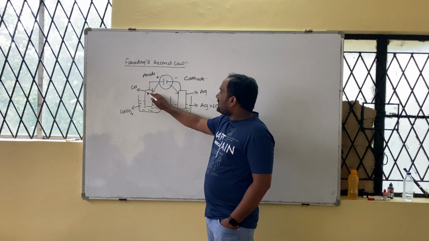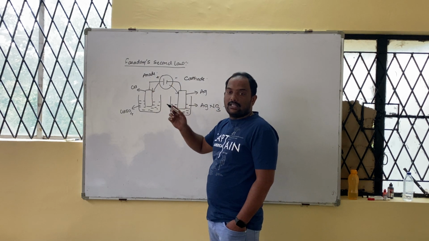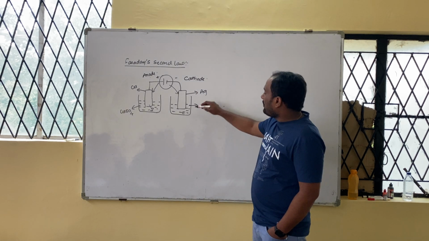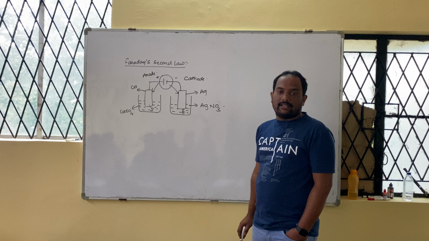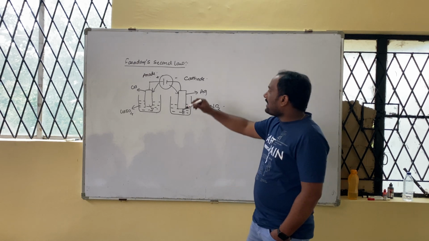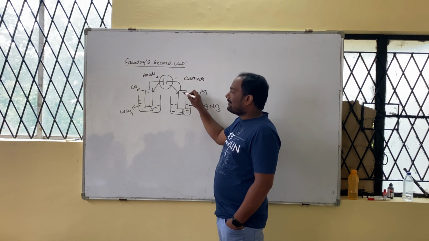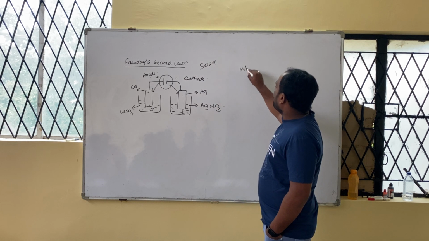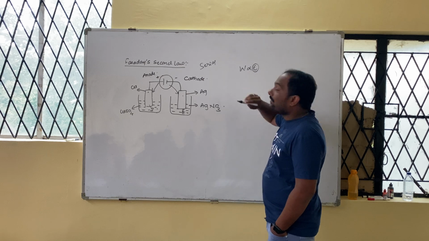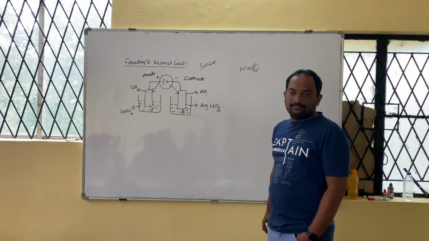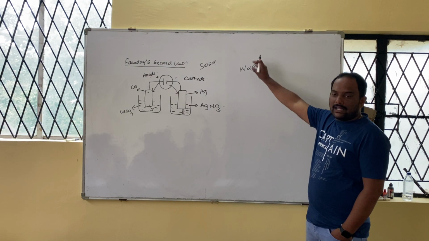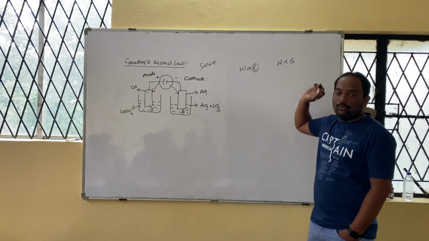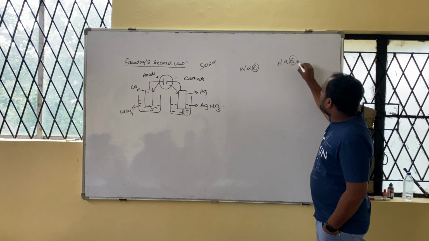Whatever the amount of substance at the anode, which reaction takes place? Oxidation, so copper is liberated. Correct? Here, silver is deposited. It means that whenever you pass the same amount of current through two different electrolytic solutions connected in series, the amount of substance deposited is directly proportional to the equivalent weight. Yesterday I told this: W is directly proportional to Q. What is Q? Quantity of electricity.